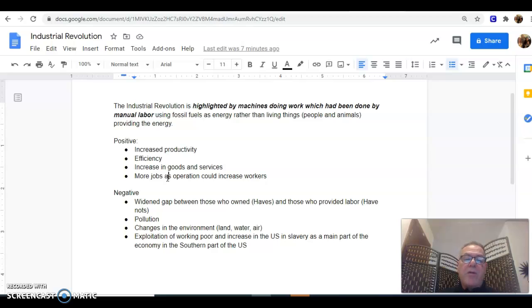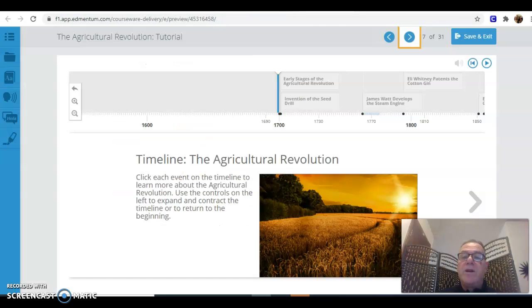The other thing, though, we talked about it before, is exploitation of working poor. A big unexpected outcome and a negative outcome was the increase in slavery as a main part of the United States economy in the South. Slavery was really on the way out until this happened, the cotton gin. And this made cotton very profitable for people. People started to grow cotton all over the place, and it created a tremendous amount of wealth and a tremendous